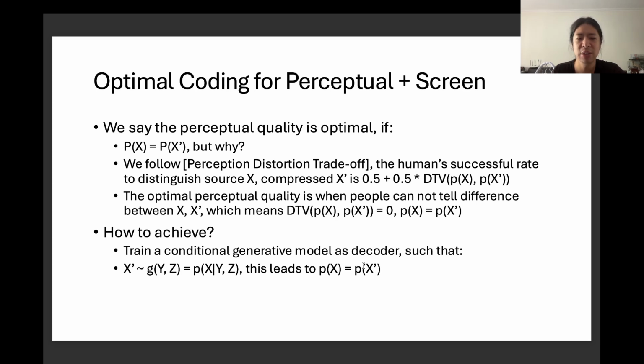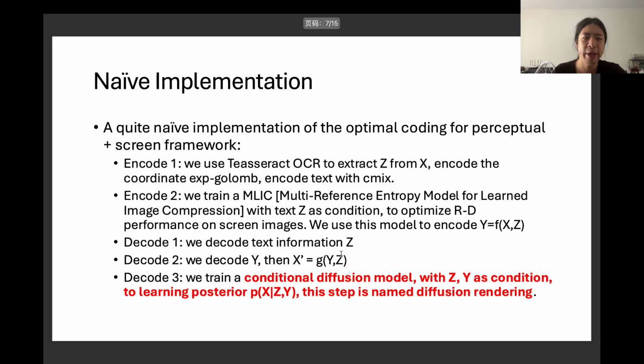This should be pretty easy to verify. And so now we have the principles explained and why our principle is actually optimum for both the string coding and for the perceptual quality. And then we'll just announce a really naive implementation of this optimum coding framework to achieve this perceptual quality and